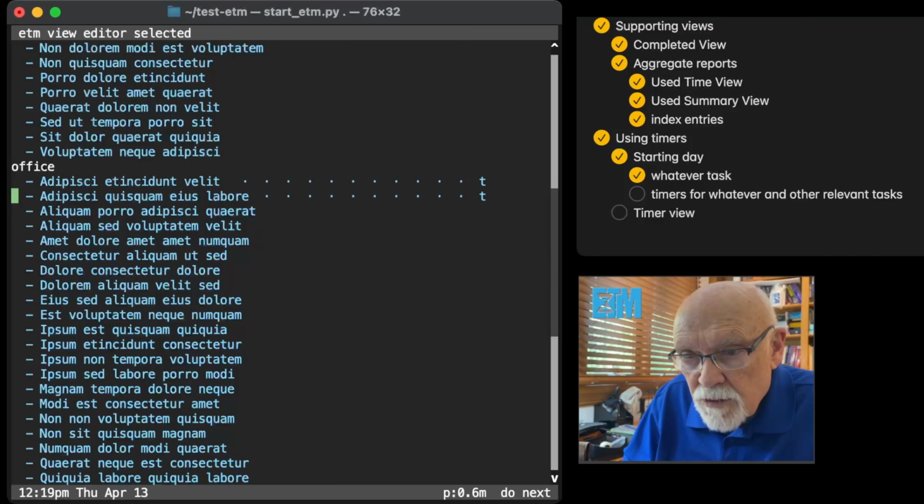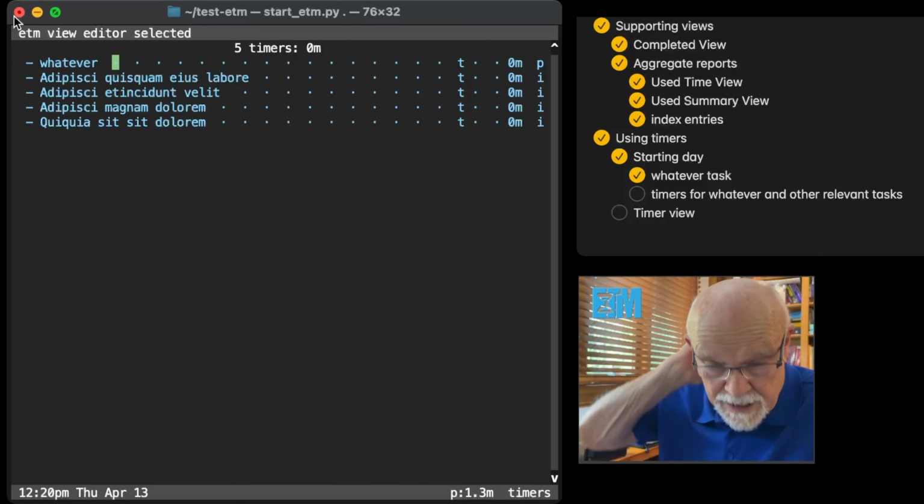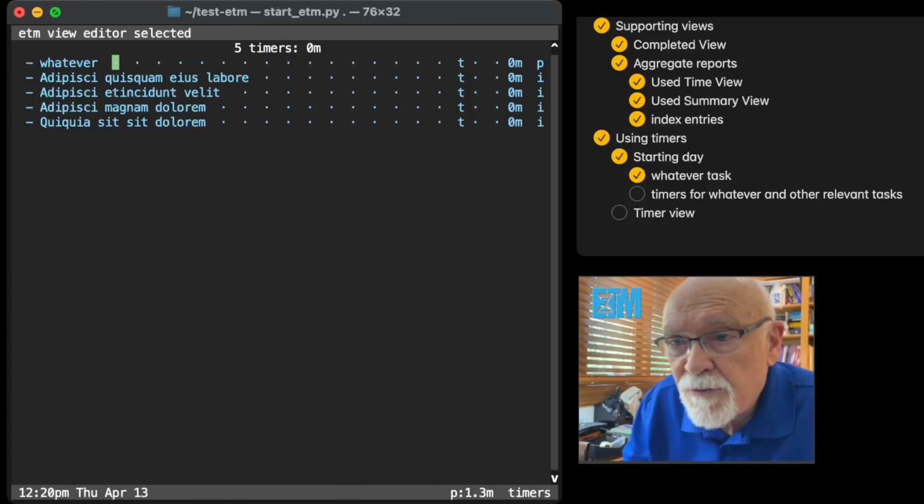Now let me go to timer view. That is bound to little m. Think of that as time is money, M for money. And here are all the timers that I have created and the tasks that they are associated with. You see that whatever, the one I created first, became the so-called active timer, but paused. That's the P in the far right-hand column. The rest are inactive. So timer view should be thought of as kind of the default view for the day when I'm doing this